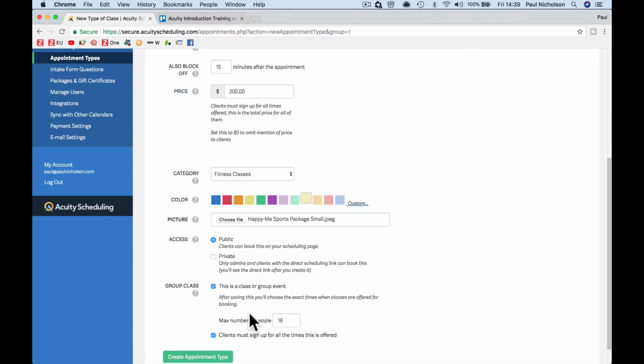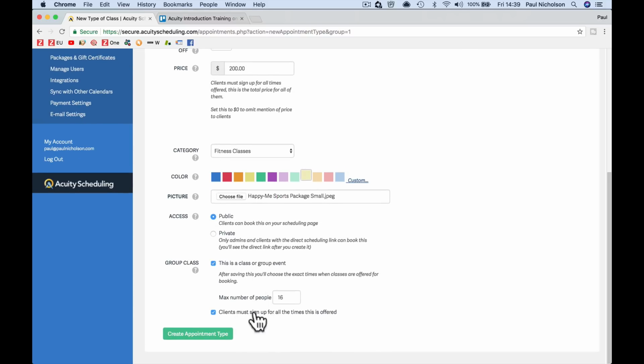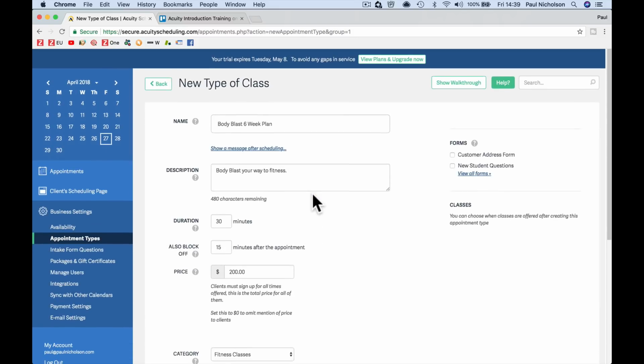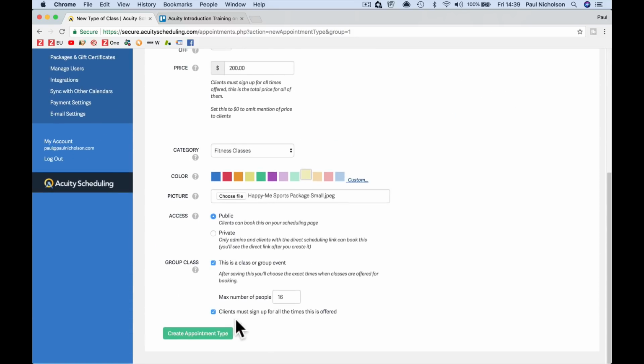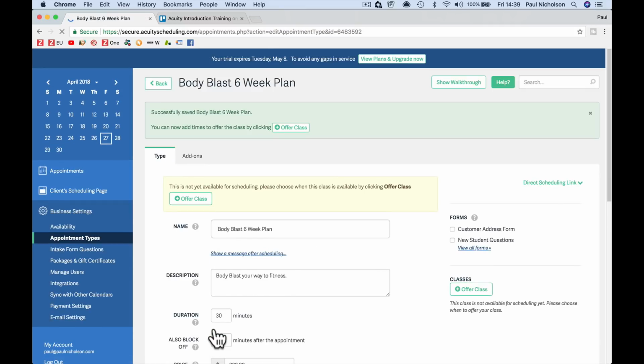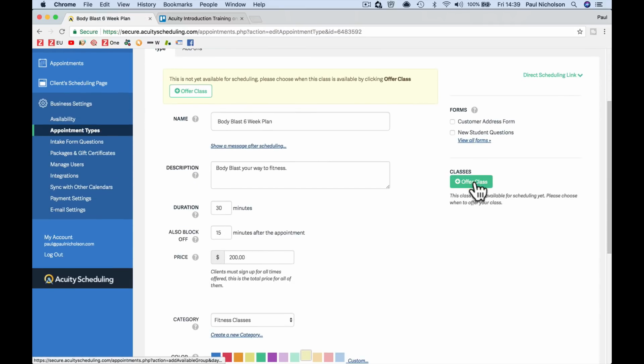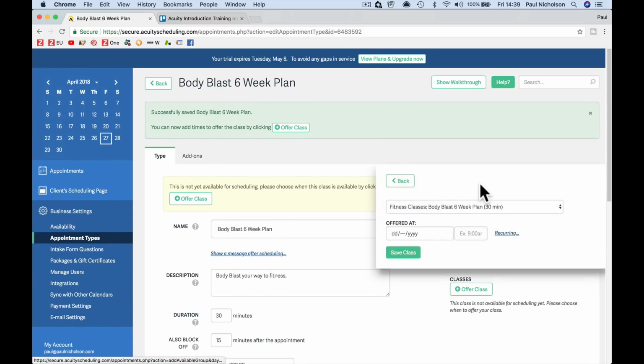So yes, if you're selling a group that's $200, you're going to have to say they sign up for them all, right? So you're going to create it, and then we're going to add information here. So we're going to create a class, and now we're going to put the classes up here. So what did I say? It was a 6-week plan, right? So I'm going to create a